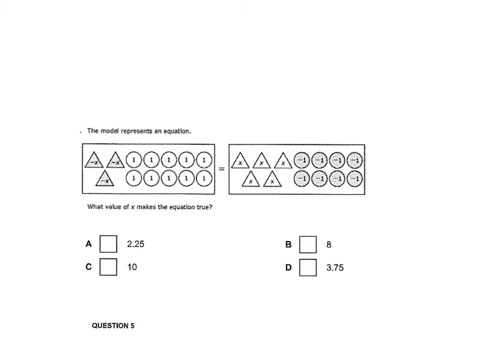Same thing here. You're just solving it. It says what value of x makes it true. I've got 3 x's, and they all have negatives in front, so that's negative 3x. These all seem to be positive. There's no negatives, and there's 1, 2, 3, 4, 5, 6, 7, 8, 9, 10, so plus 10 equals 1, 2, 3, 4, 5. They didn't have negatives, so that's plus 5. 2, 4, 6, 8, and they were negative, so minus